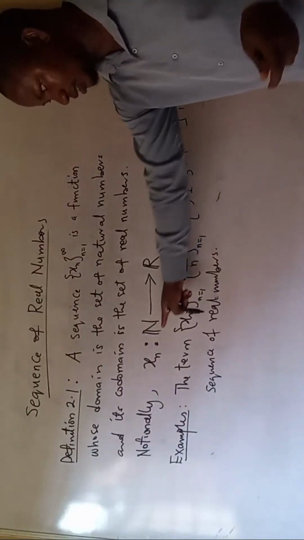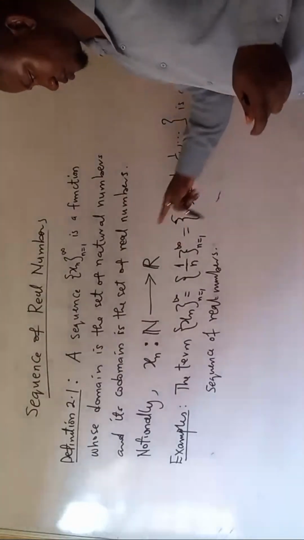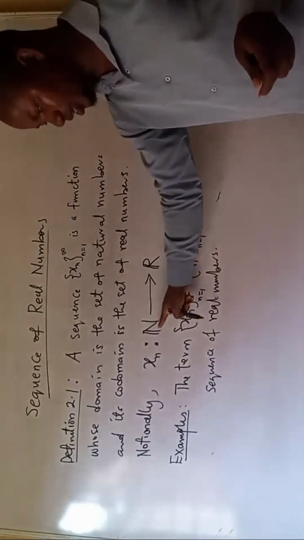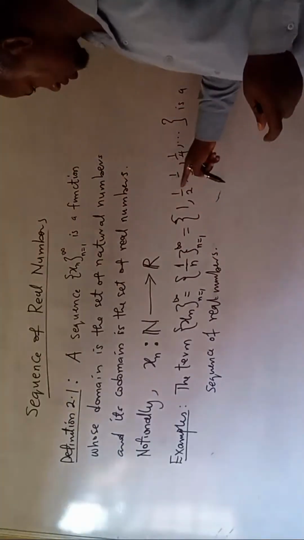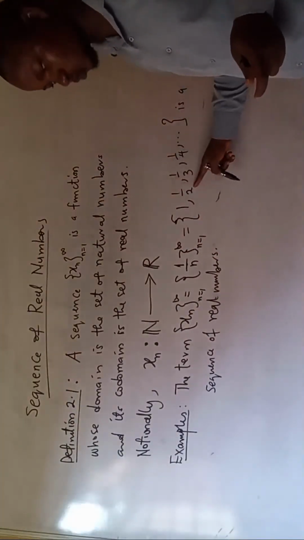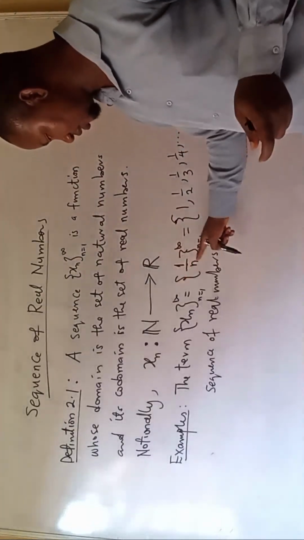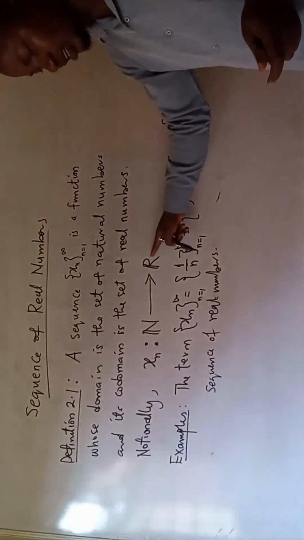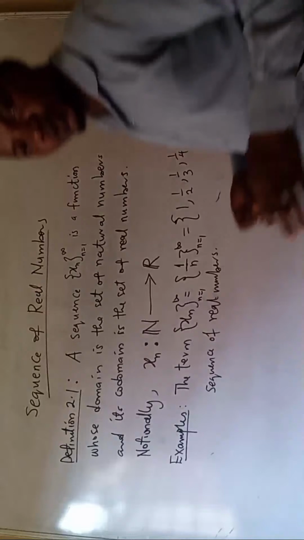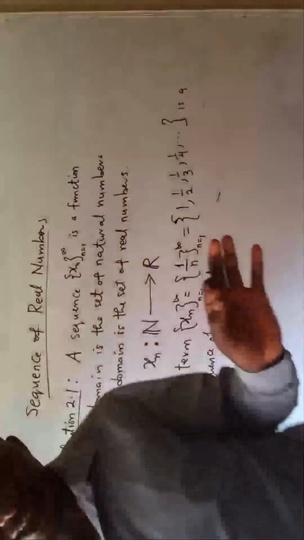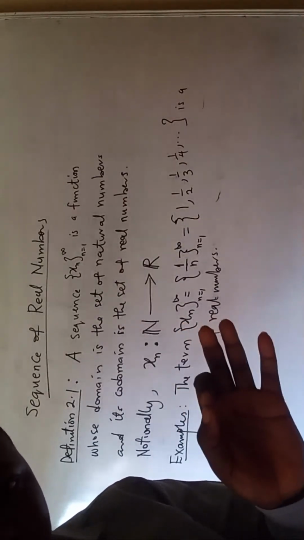When n is 1, we have 1, which is a real number. When n is 2, we get 1 over 2, which is a real number. When n is 3, that's 1 over 3, which is a real number, and so on and so forth. Since n goes to infinity,